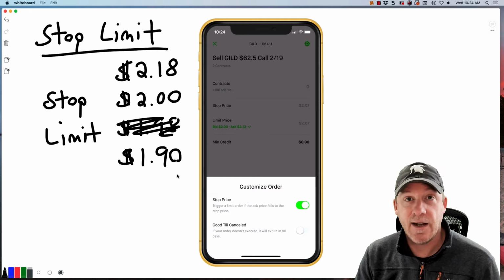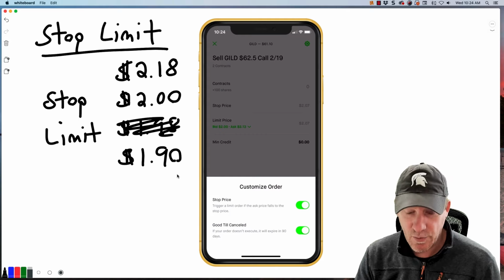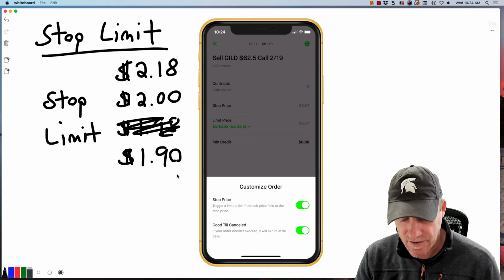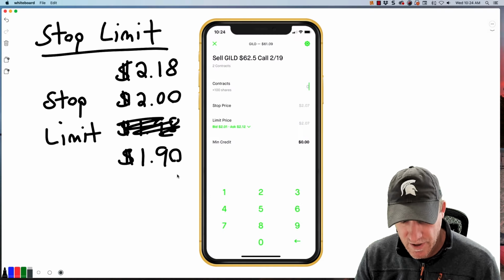We need to turn that on. Otherwise, the stop loss order expires at the end of today. And many people have not seen this or not done this correctly. So we can go ahead and go back to our other screen, and you see now we have stop price